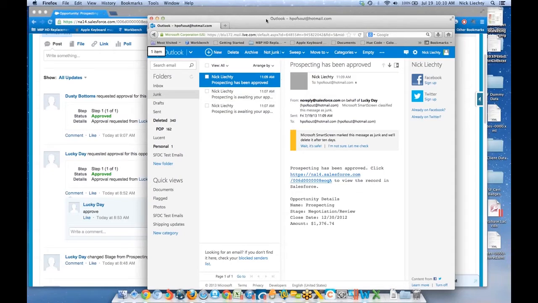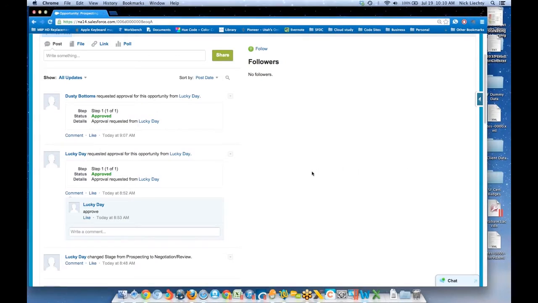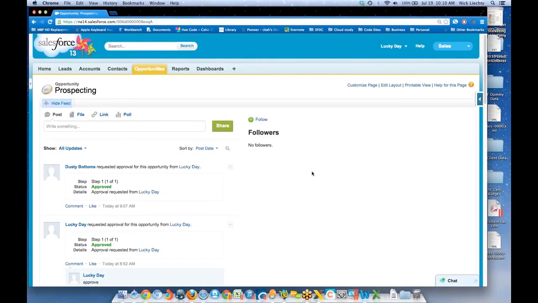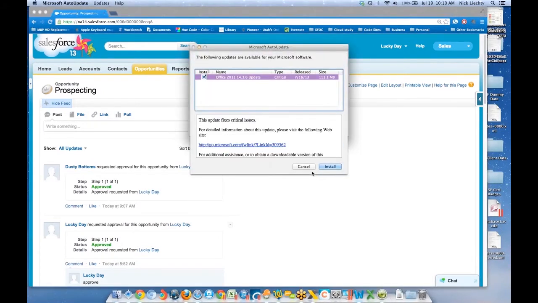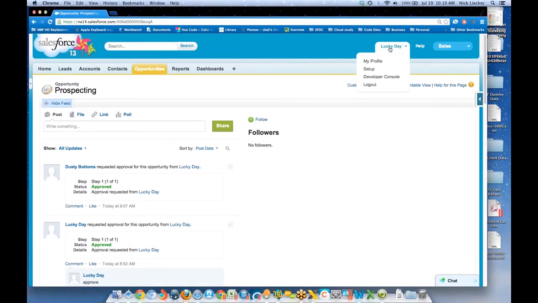So what we're going to do is, that's a very, very simple approval process. What we're going to do is go through and build our own approval process. There are a couple of ways to go about it, and we don't need to look at an update right now. So what we're going to do is go into